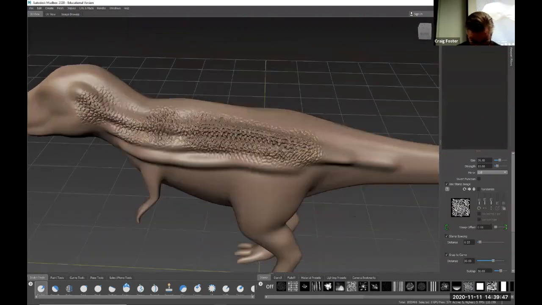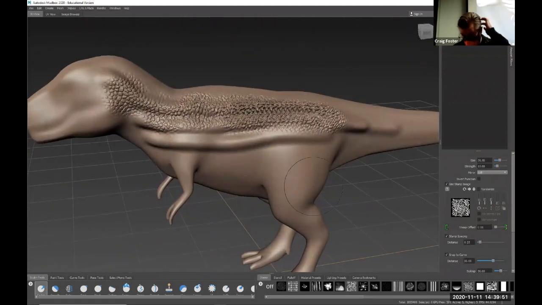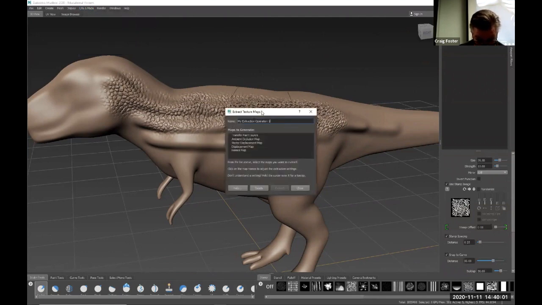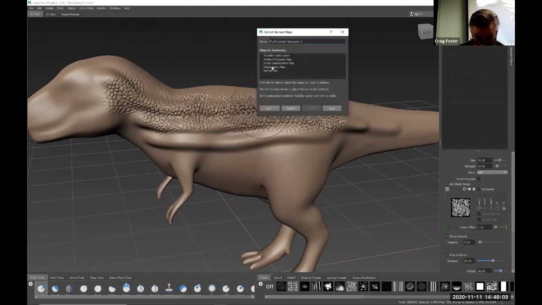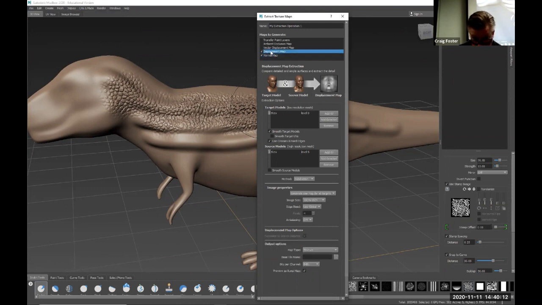So we can get a sense of how this will translate. So typically from here, you would export your texture maps. Okay. So we'll set up a displacement map and a normal map. And this part, I think you guys have been through. The one thing I wanted to double check here, though, is that